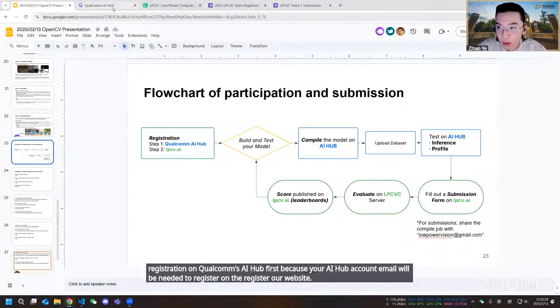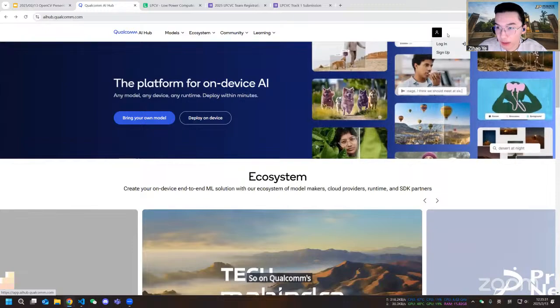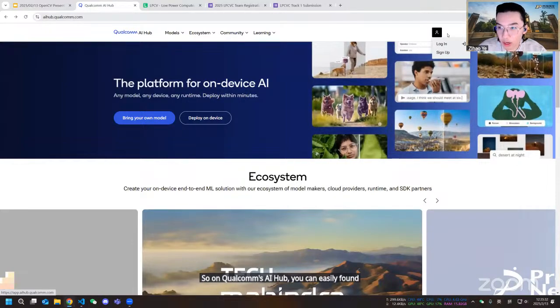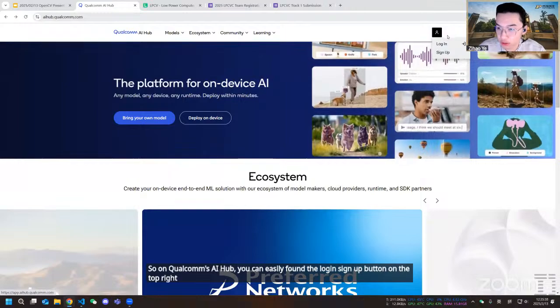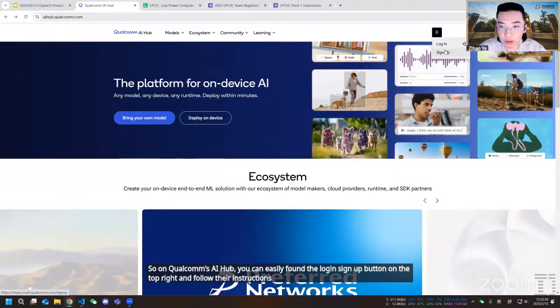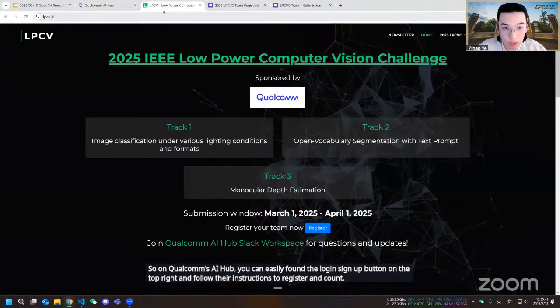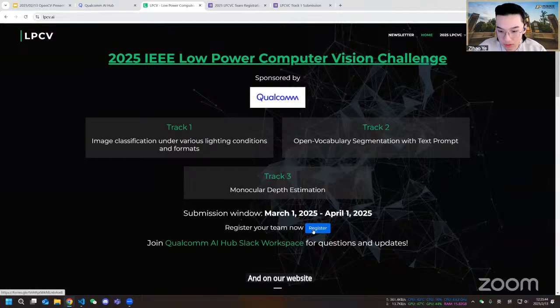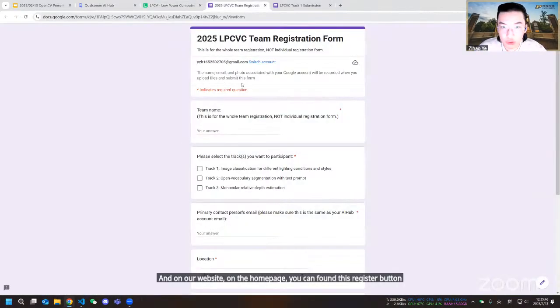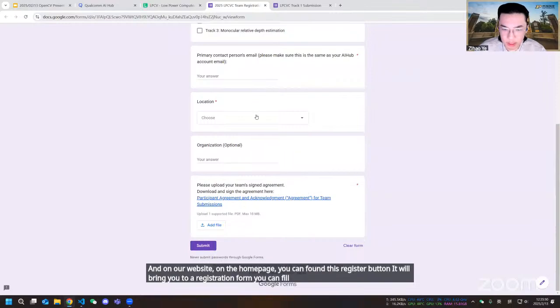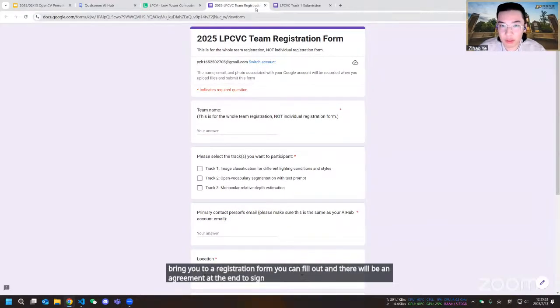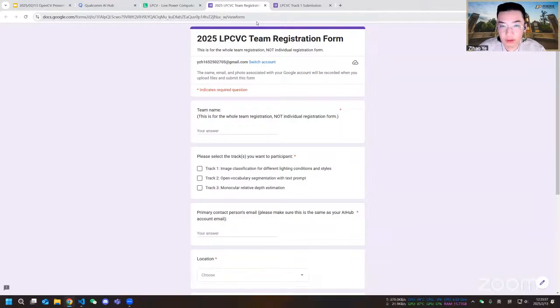On Qualcomm's AI Hub, you can easily find the login sign up button on the top right, and follow their instructions to register an account. And on our website, on the homepage, you can find this register button. It will bring you to a registration form you can fill out, and there will be an agreement at the end to sign for all of the members in the team. But this form is all you need to register.